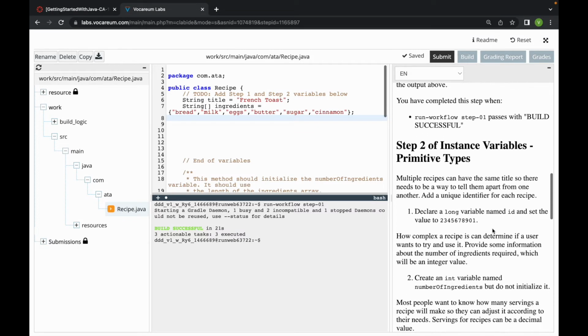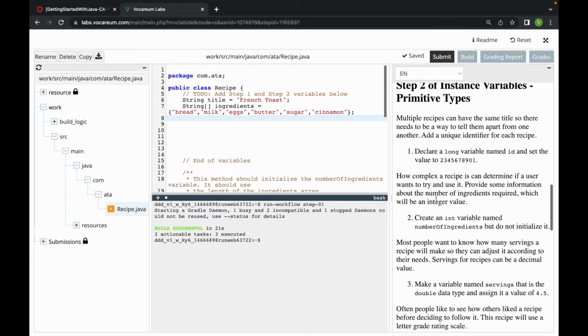We can go ahead and go down to step 2, which is primitive types. We're going to stay in this recipe area. This recipe area is also known as a method, so keep that in mind. The first portion says declare a long variable named ID and set the value to this particular number. So we're going to go ahead and get started with that. Long is the data type. The name of it is ID equals, which is initialized,